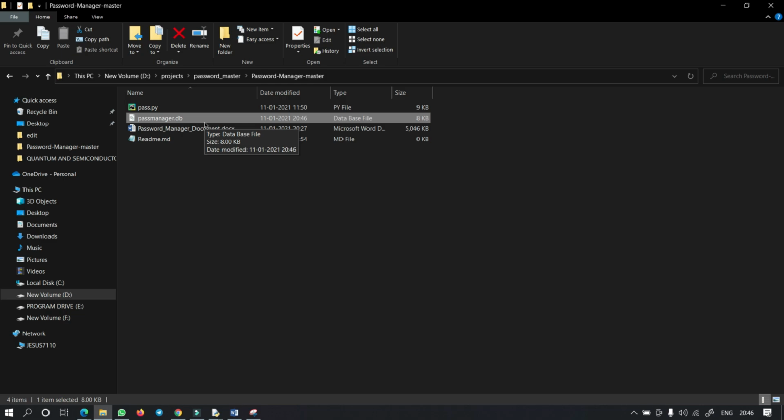The first con is that our database is on our local machine. If someone deletes this, then boom, your password is gone. So we are trying to fix it in our next version, which will probably be version 2. Let's look into that version 2.